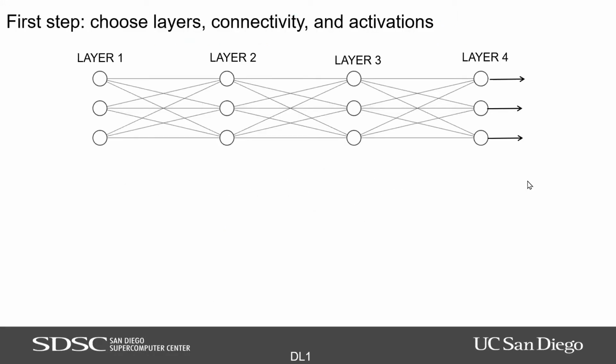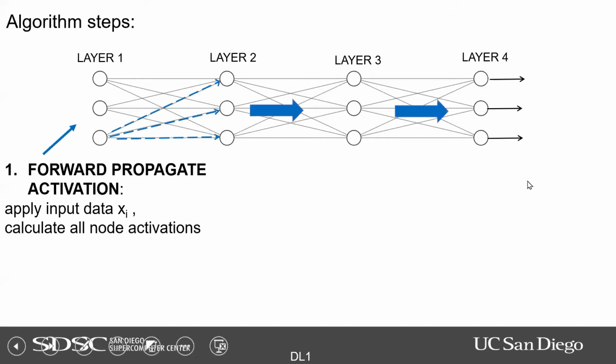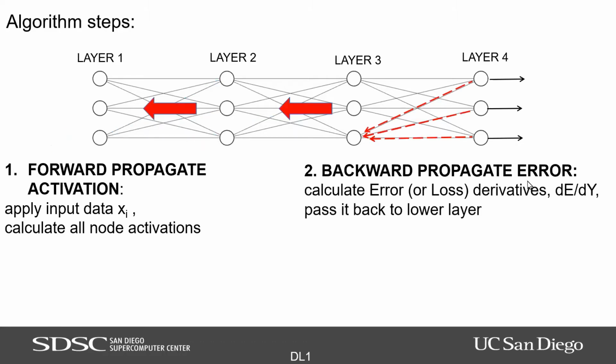And once you draw that, you could say, well, when I run a neural network, I can build many layers. I don't have to have just one layer. And really, in the algorithm, the first step is to choose. You're choosing layers, you're choosing connectivity patterns, you're choosing activation functions. And then the algorithm starts by doing a forward propagation step, and that's where you take your input, apply it at the input layer, calculate the hidden unit activations at the second layer, and go forward to the third layer and the fourth layer and so forth. So we call that the forward propagation.